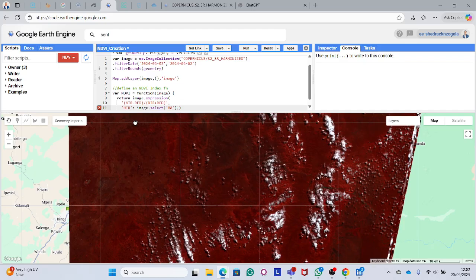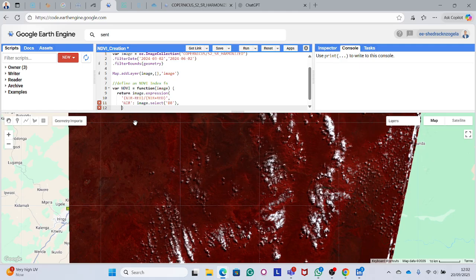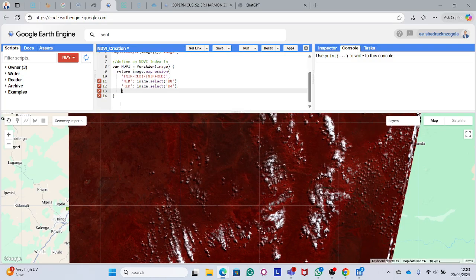Then put a comma. Red is band 4, so same as here, image.select in brackets, this has to be band 4. So after that we just put a comma, press enter, then we have to just rename